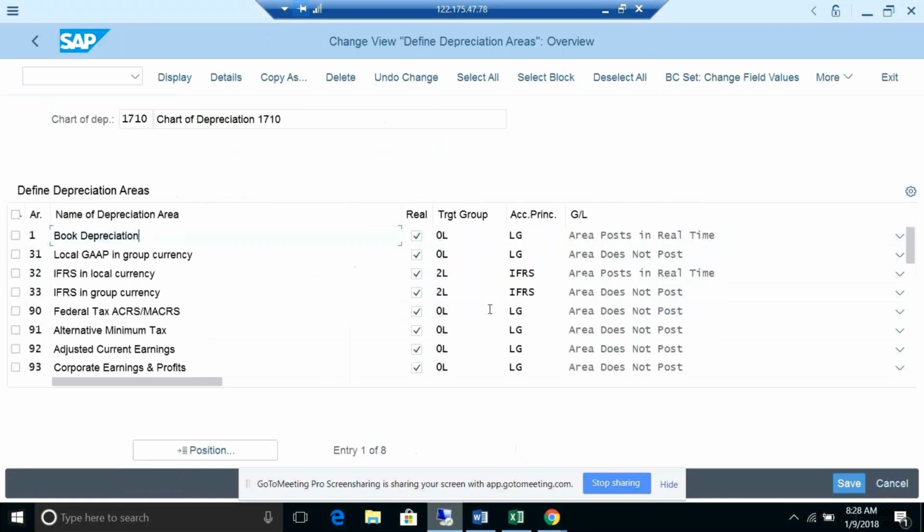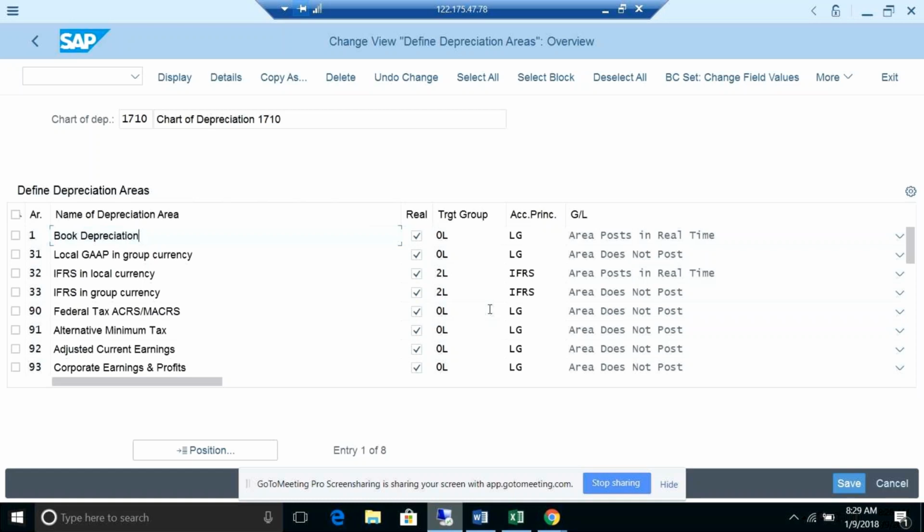In the same way, that is one thing. If you want to report for multiple depreciation areas, you add them. If you want to report for multiple accounting principles, add one more accounting principle there. Then you can attach the same thing by using the same depreciation area. And the third thing is currencies. Whatever currencies you are maintaining there, the same currencies you need to report here. If you want a requirement for multiple currencies reporting, you need to maintain the same currencies in the depreciation area here, as well as define the same currencies in general ledger.